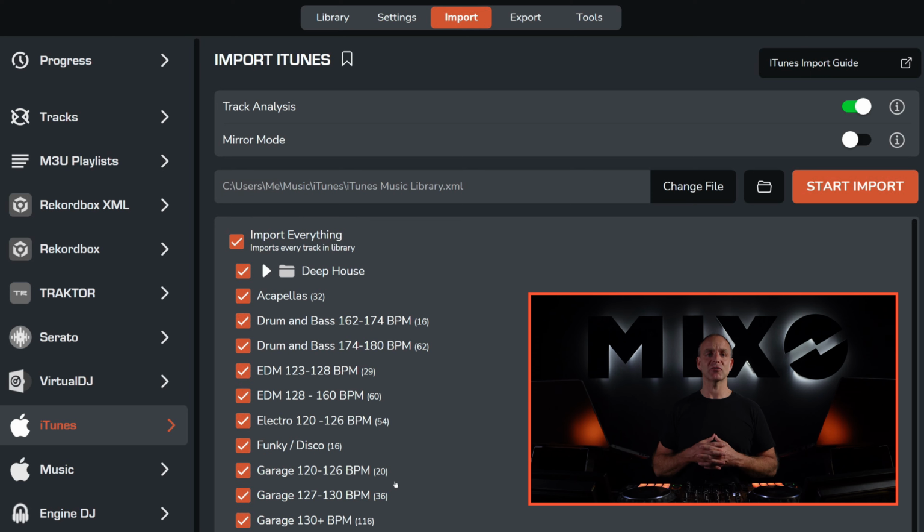If you'd like to start with a fresh Mixo library, enable Mirror Mode. Mirror Mode will completely replace your Mixo library with the library you're importing, so all your playlists and tracks will match your iTunes library exactly. If you don't have Mirror Mode on, then Mixo will merge your import with your existing Mixo library. To speed up the import, Mirror Mode will analyze any new tracks in the import and use the previously analyzed info for tracks that were already in your library. If you want to, you can reanalyze tracks for your whole library or certain playlists after the import is complete.